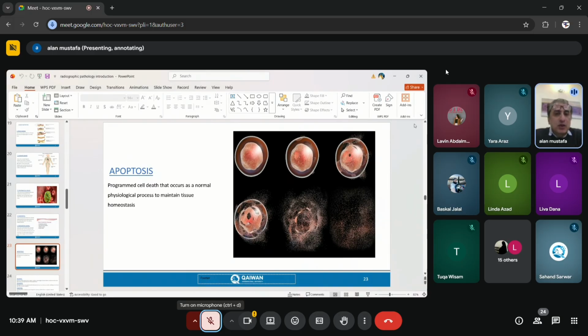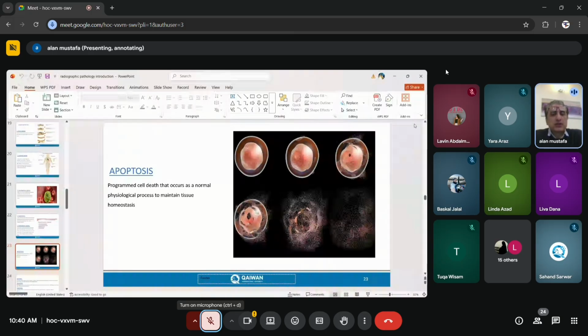Apoptosis is a good process. It's not a harmful process. So if in the exam I say apoptosis benefits human beings, the answer is true. If you think about all our cells, they all have a certain lifespan. For example, red blood cells live for around 120 days. After that, they die. Who killed them? This is apoptosis.